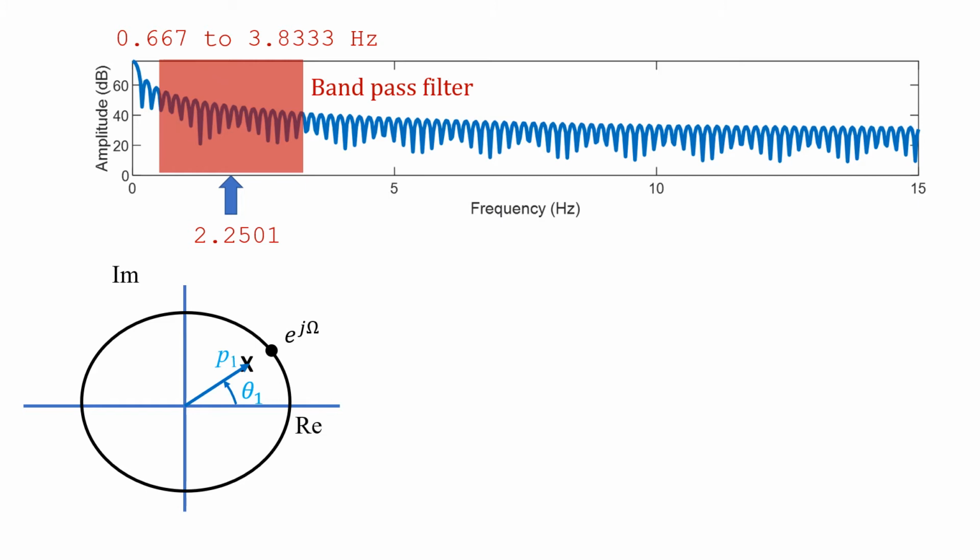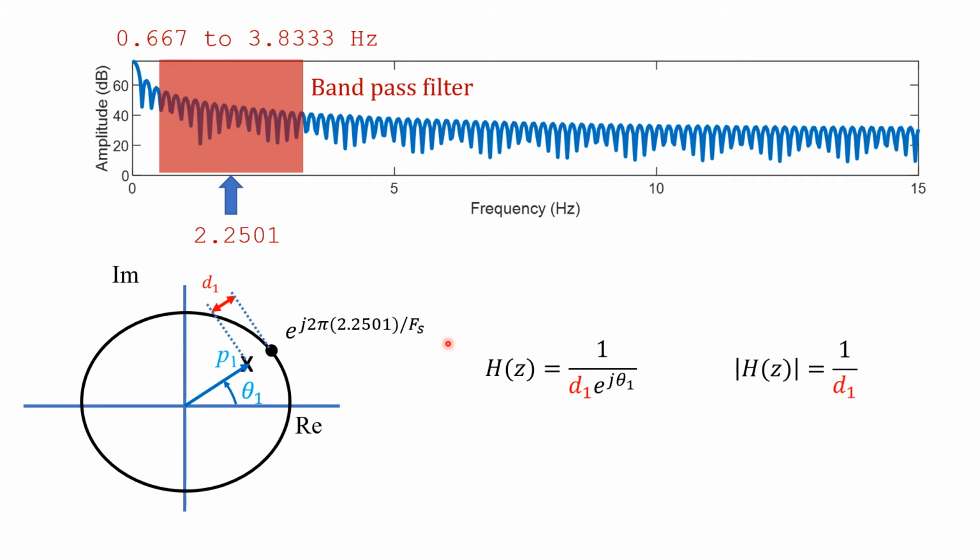And for example, if I choose 2.25 hertz as the frequency there, I can realize that at that particular frequency, that distance d1 from the pole to the unit circle will be the smallest. So that's the expression of H of z, and the magnitude will be just 1 over d1. And once again, d1 at that particular frequency is the smallest. So it will peak there, and it results that that frequency is the center frequency in my bandpass filter, and that's something I need. I will need its complex conjugated version, which is that one, and my final system with these two poles will look like that,